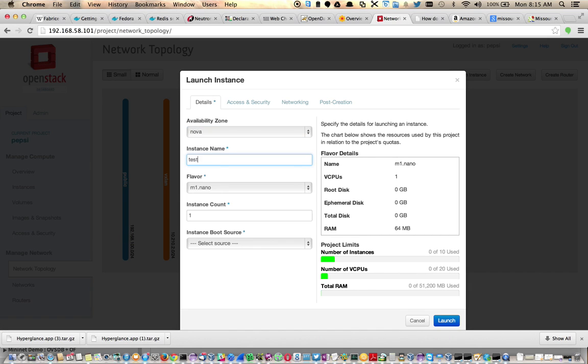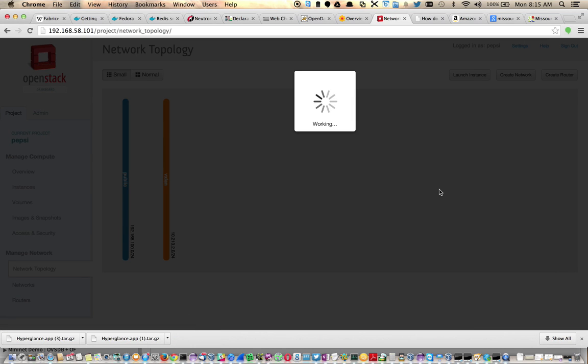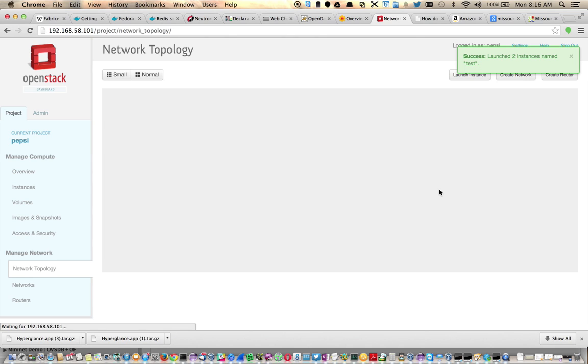Let's run this test again for the Pepsi tenant. Let's launch two VMs, boot from an image, and choose a VXLAN network. Once it's launched, it's very similar to the GRE use case: it's going to launch the VM, and once the VMs are launched, you will see another tenant and another tunnel being created by OpenDaylight on the OpenStack network